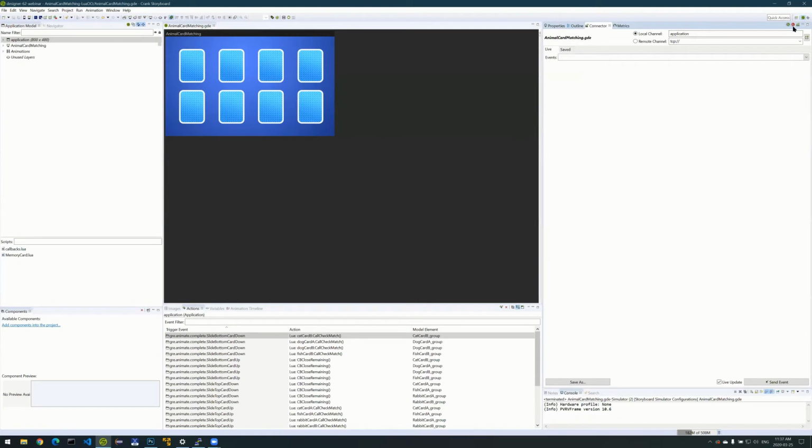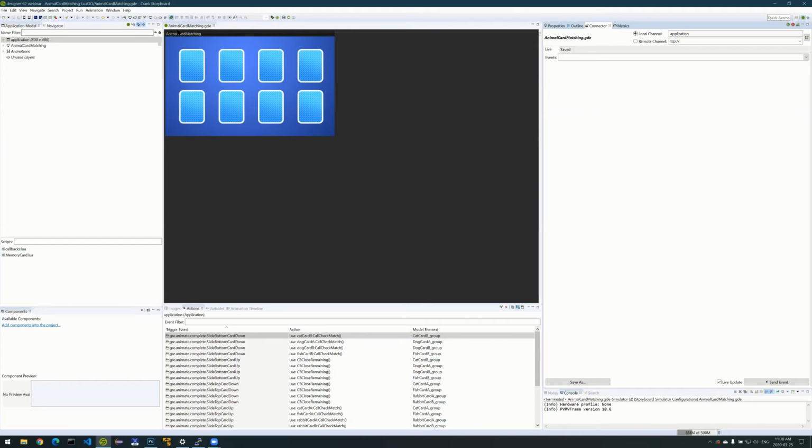And those buttons are located up here in the IO connector. The IO connector is a tab that's in Designer. You'll find it on the right-hand side by default. And the IO connector is a way of sending GUI IO events to your running application from Designer. This feature's been around for a while, but in this release we've enhanced it. So now you're able to send sort of canned messages that you might not have had access to before, that you'd have to use IO gen or IO receive to manage. And what we can do now is actually never leave Designer and start the performance log